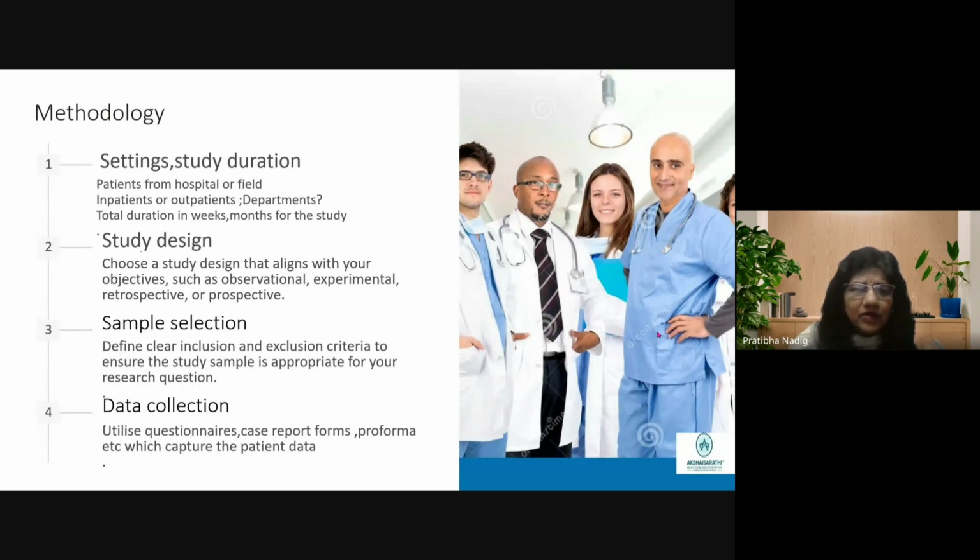Discuss with the mentor. So is it from the hospital or from the field, from the inpatients, from outpatients, which department? You should be very clear, because you may be very brainy, intelligent in drafting the research ideas and all that. But then what happens as you start executing, some departments may not give you the patients because you have not discussed with them. You have not written in your protocol. You have not written the proposal. I will pick up the patients from Department of Medicine, OBG, pediatrics, or nursing departments, or from community.